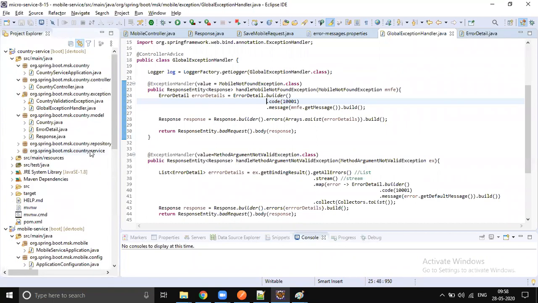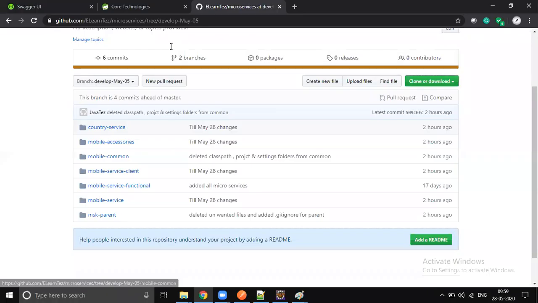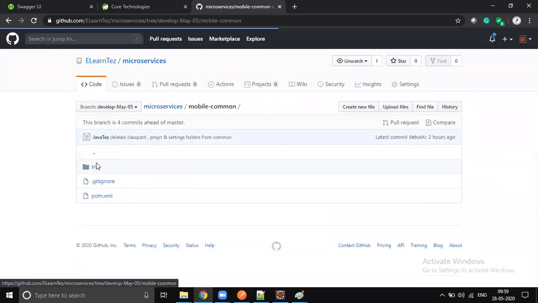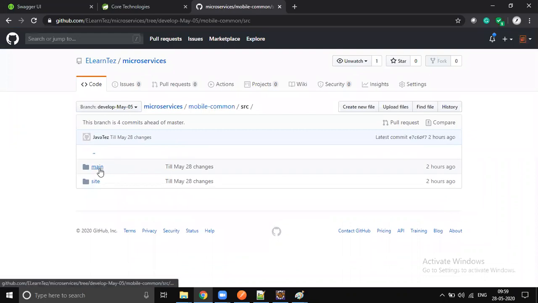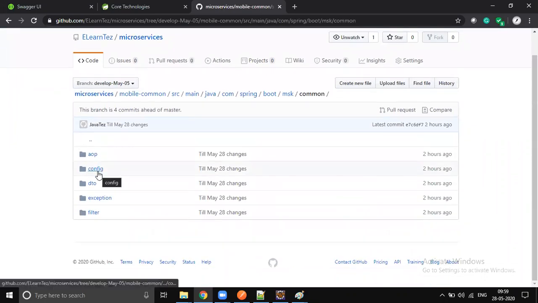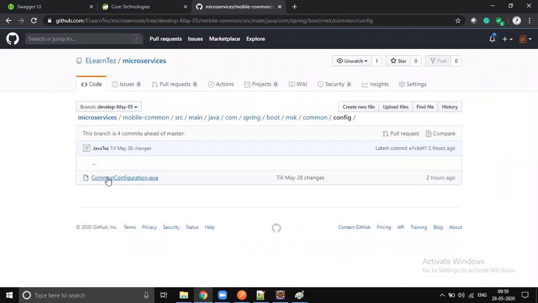I will ask one question. You just say honestly, how much do you really practice? In the future, all this exception handling and some filtering, everything will be moved into a separate common module.